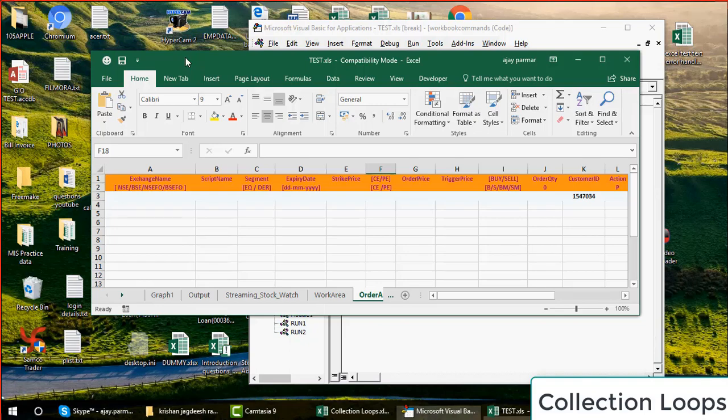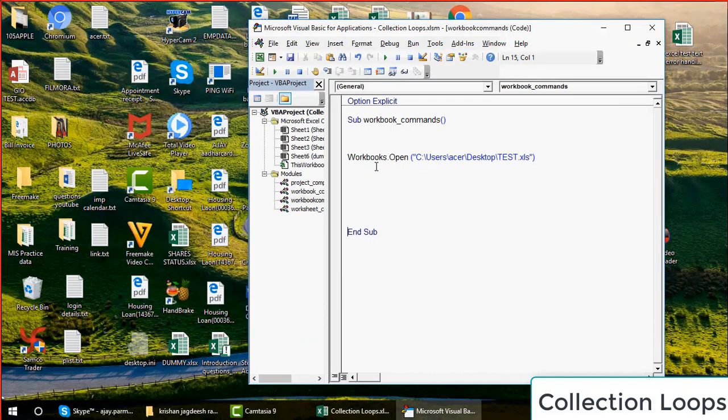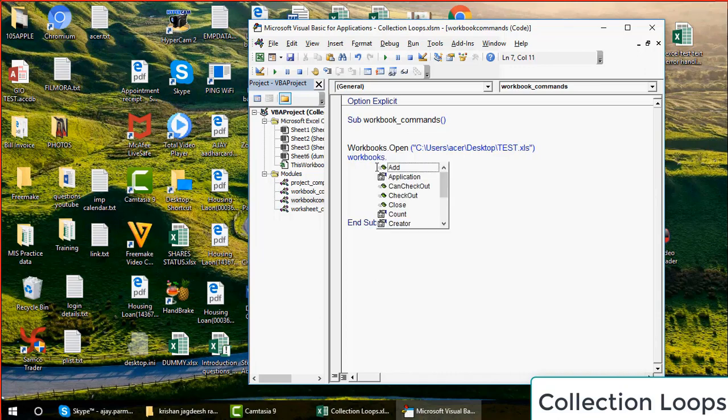Very nice. Okay, great. Now what if I have to close the file, or maybe after you get it open you want to save the file. So you're going to write Workbooks.Save. You see that the Save option is not coming, guys. When the Save option is not coming, that means this is not a part of the Workbooks class. So maybe I can say ActiveWorkbook.Save. This is going to save it.